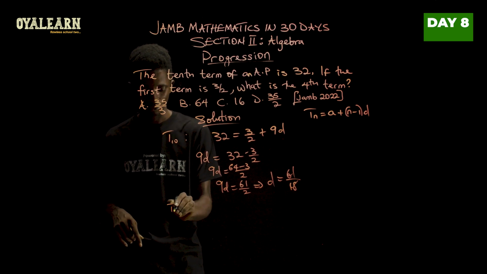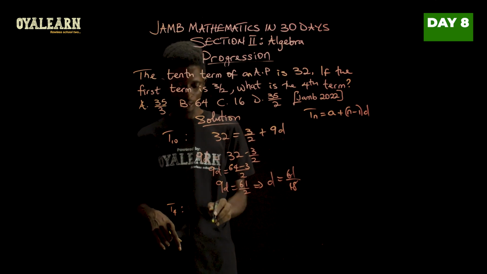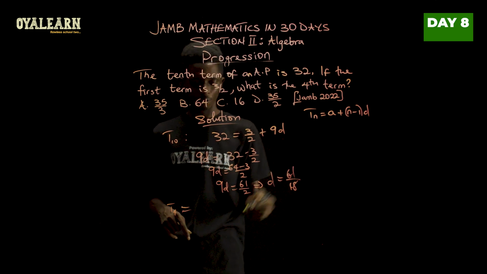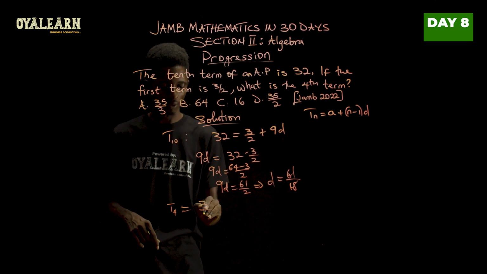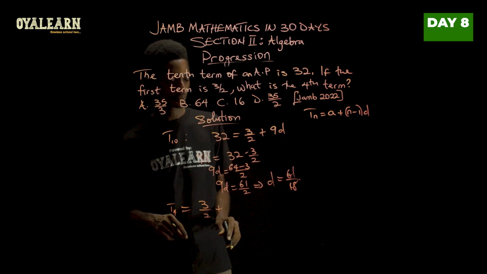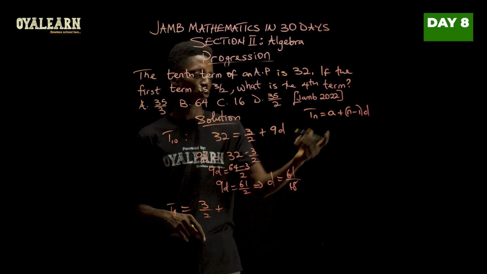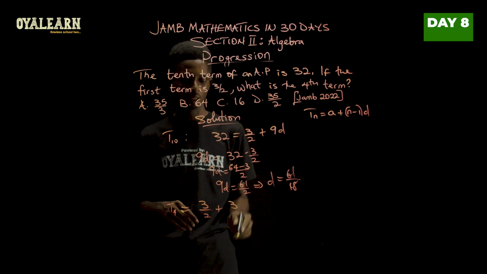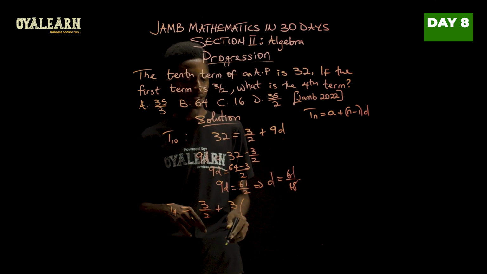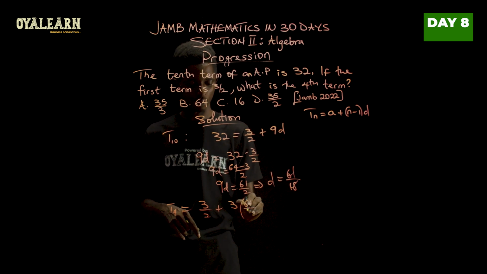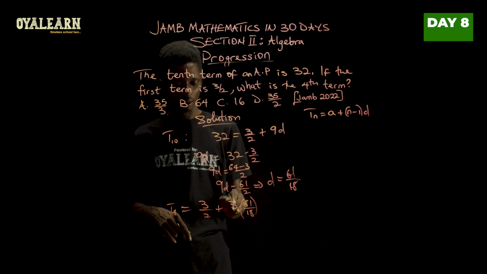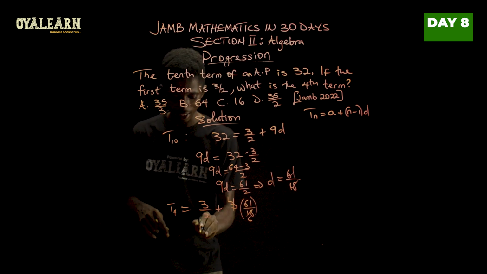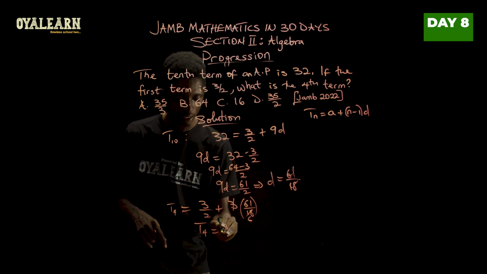So T4 will be given as first term is still 3 over 2 plus n minus 1. Now n minus 1 means 4 minus 1, and that will give us 3 into common difference, which is 61 over 18. Now 3 here 1, 3 here 6. So what we have here is that T4 becomes 3 over 2